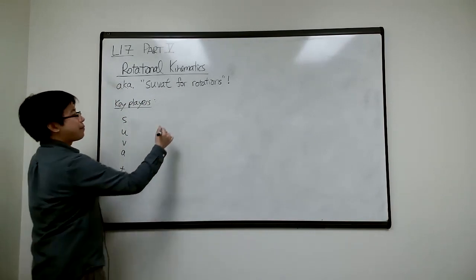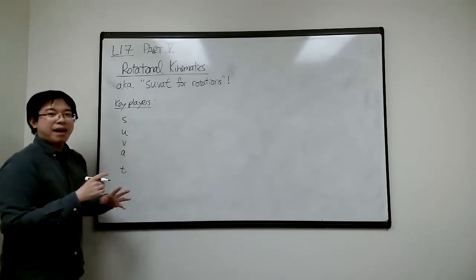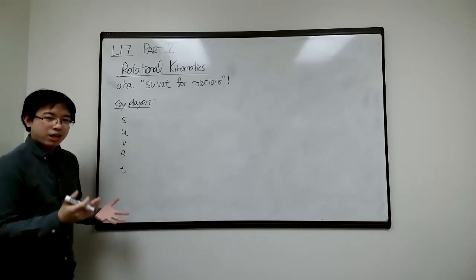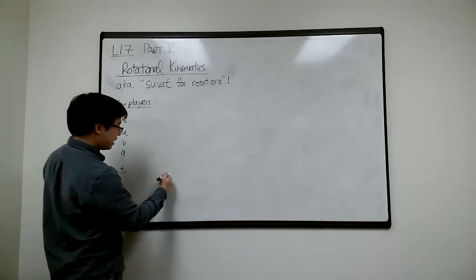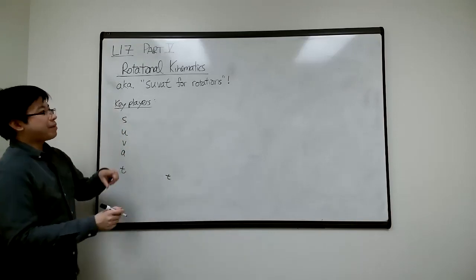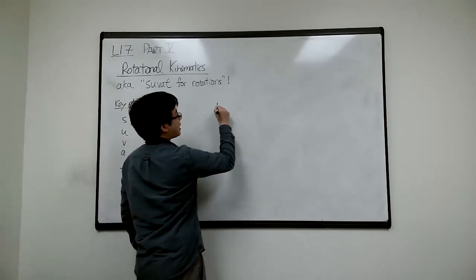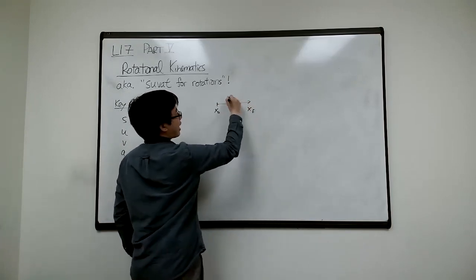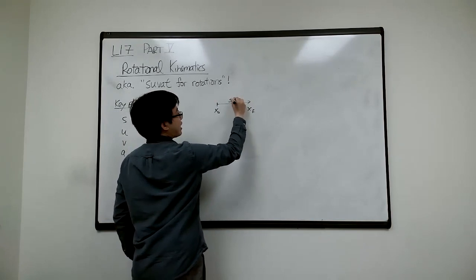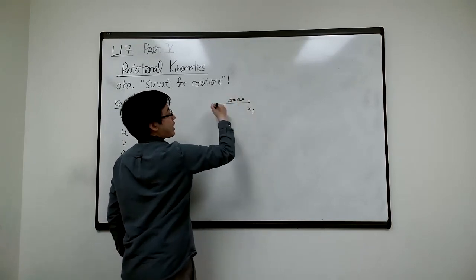For us, time doesn't have an angle version. Time is formally called a parameter, so that stays. But this time, instead of saying x naught, x initial and x final, and looking at s, the displacement, final minus initial,